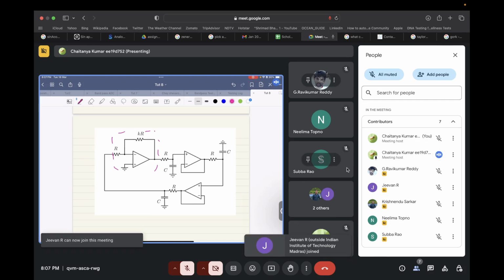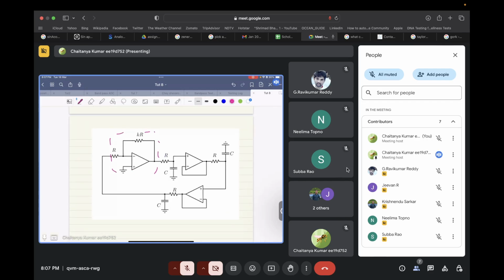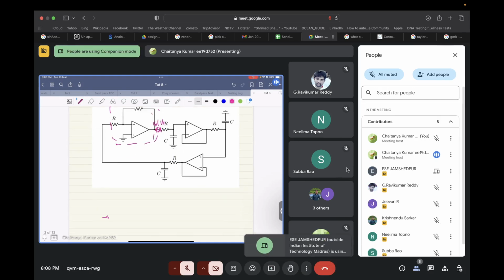We will circle back to this particular problem, or okay, let's start with this particular problem only. So the first order of business is to actually calculate the loop gain by keeping this inverting amplifier as a part of the loop. So what we'll do is we have some V1 over here and some V0 over here, and we will break the loop at this point. If we do that, what we get is